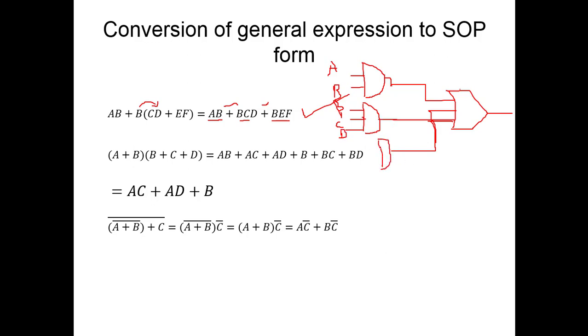So from here you can see that in sum of product representation of Boolean expressions, you have an OR gate at the output, and each individual input actually comes from an AND gate. In the same manner, you can also visualize other two examples that are represented in this slide.